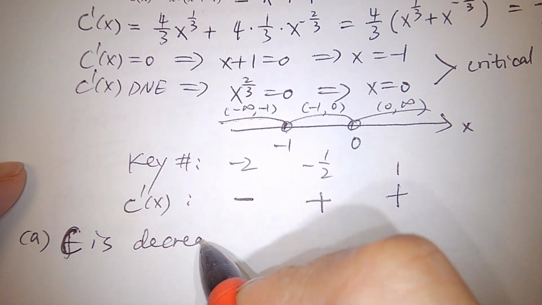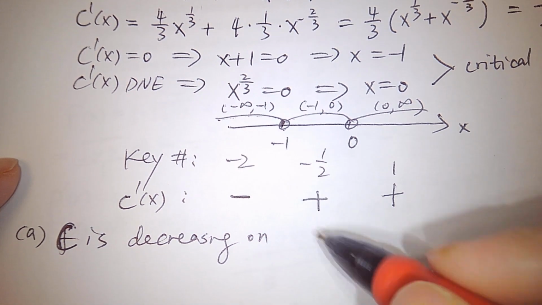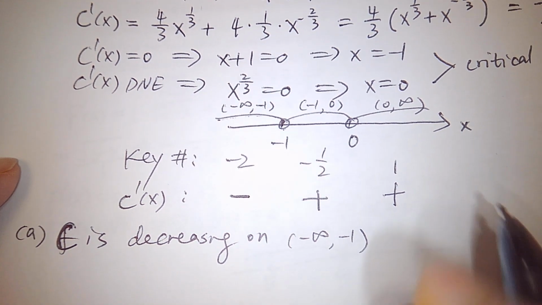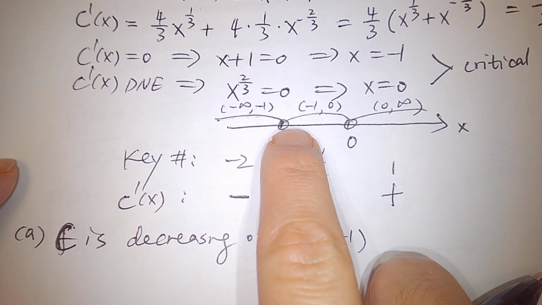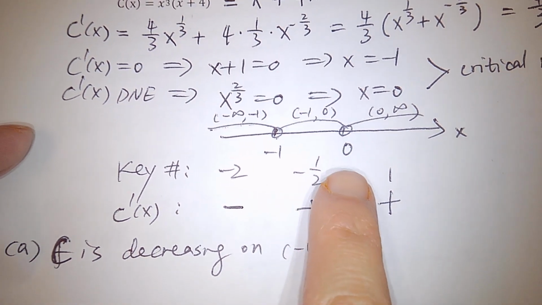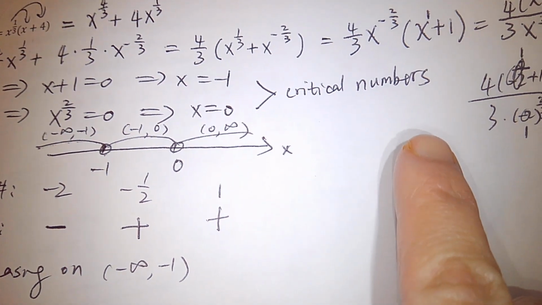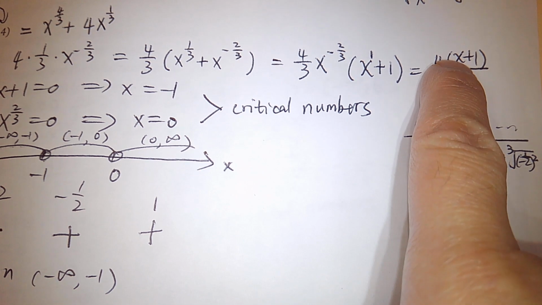This function C is decreasing on the interval from where to where? Negative infinity to negative 1. And it is increasing on this and that, okay? How about C prime of 0? What is C prime of 0? Is it positive or negative? When x equals 0,